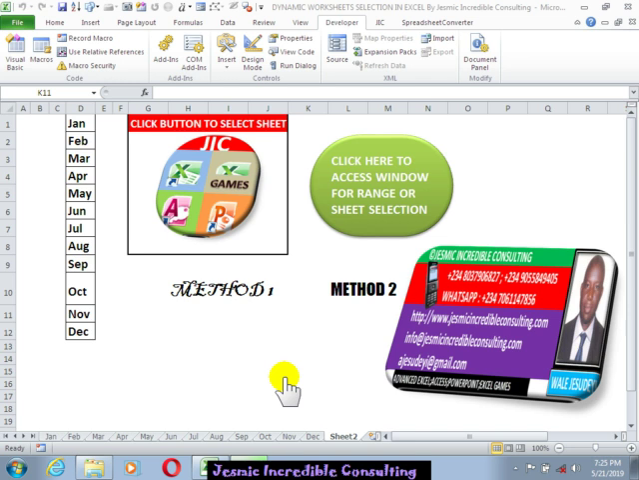Good day. We want to look at methods of dynamically selecting any sheet without directly referencing that sheet. Here I have two methods, and let's look into that. So we'll click the Developer tab, Visual Basic, or Alt F11,